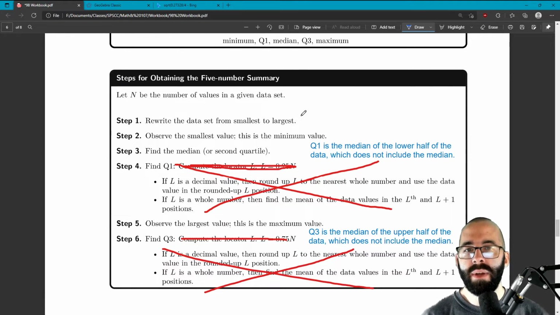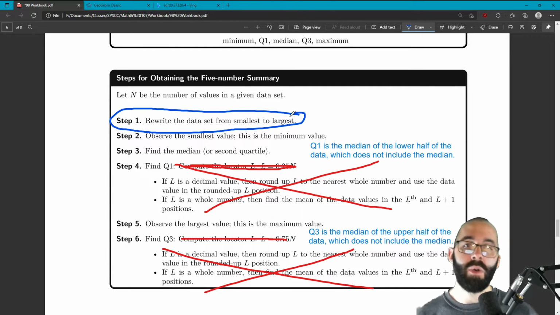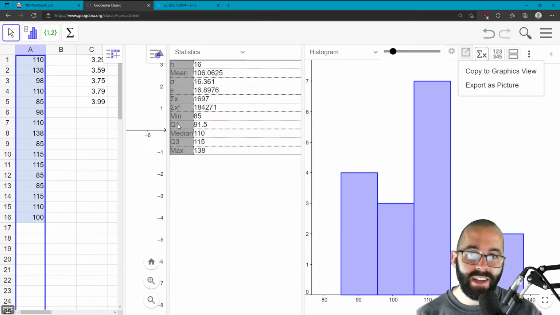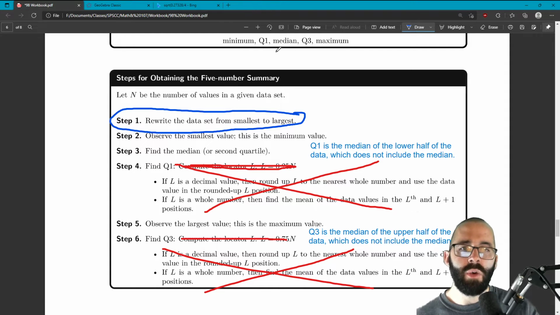The big thing here, forgive the scrawling. One of the big things here to remember is that it needs to be ordered from smallest to largest. Another big thing to remember is GeoGebra can give you all the values here too. So you can do it by hand, you can do it with a computer. And then find the minimum value, find the maximum value, and the quartiles,